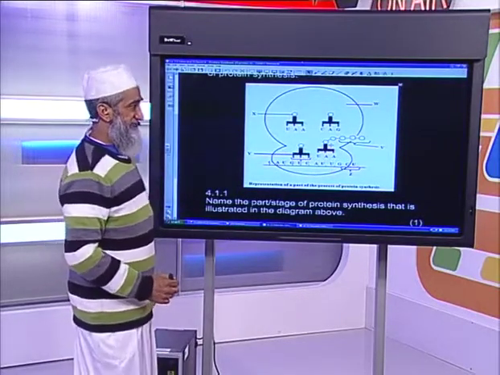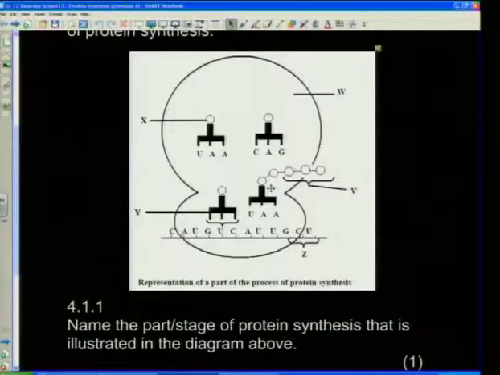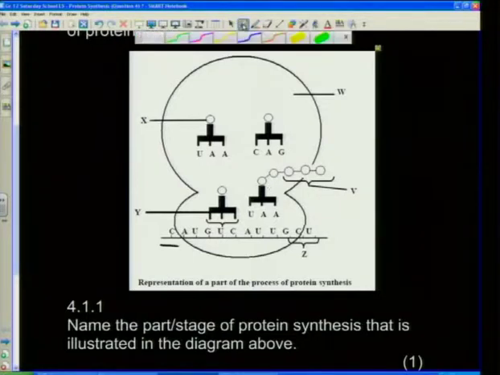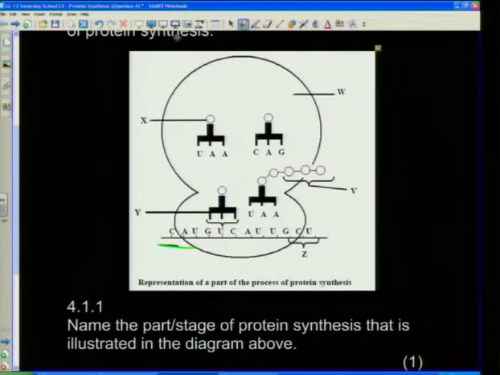This is translation. Look at this diagram carefully because it's showing you what is actually happening. Here's the messenger RNA at the bottom there, lined up on the ribosome, and you'll notice the transfer RNAs coming through with amino acids. Each one has an amino acid. You can see that they will combine according to the code, and when these amino acids are next to each other, they form those links that I was talking about. There, they make the link. That is what we call the peptide link.